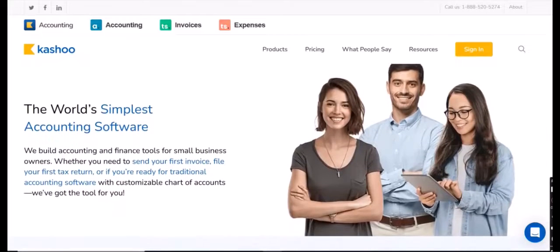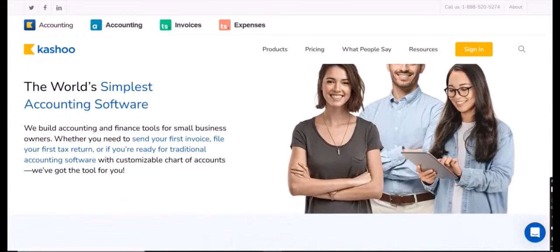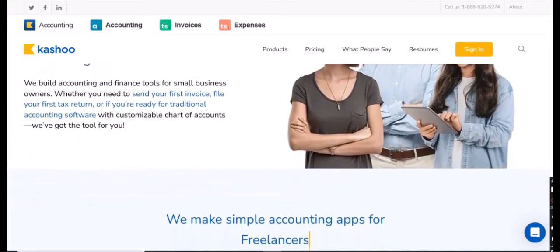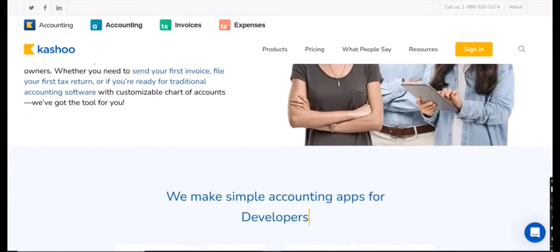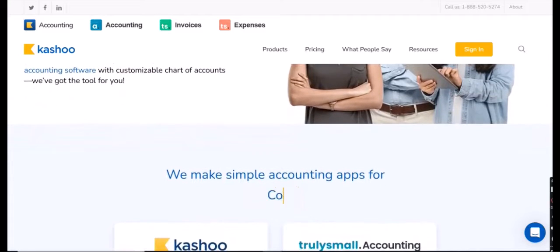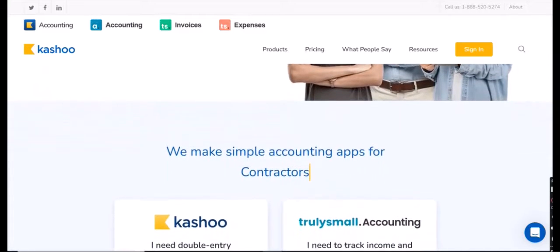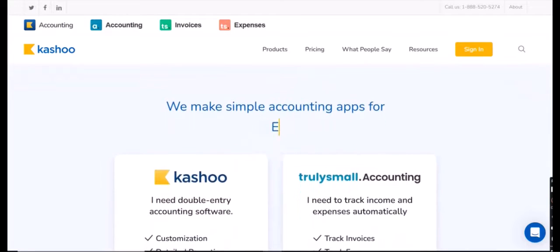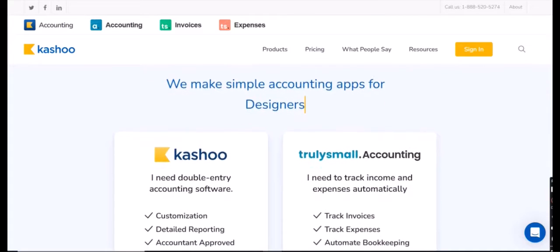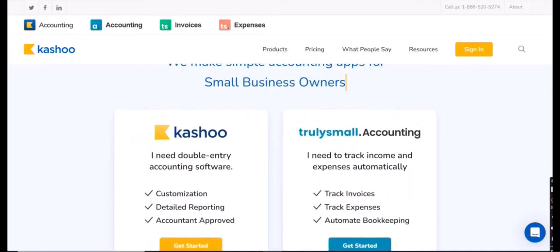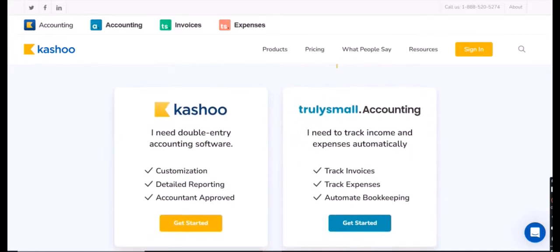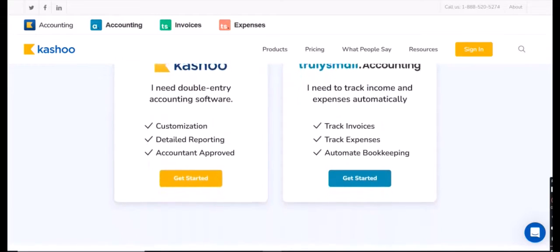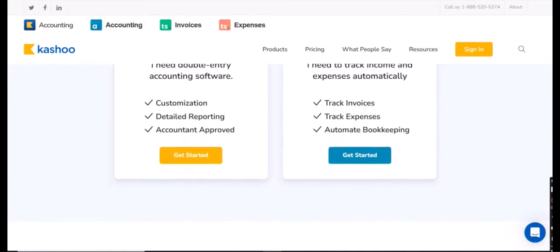In the ever-evolving landscape of business technology, accounting software has undergone a significant transformation. Gone are the days when financial records were meticulously kept in bulky ledgers or confined to a single desktop computer. Today, cloud-based solutions have revolutionized how businesses manage their money, offering unparalleled flexibility and accessibility. Among the many accounting software options available, Kashoo often comes up in discussions, particularly for small businesses and freelancers seeking